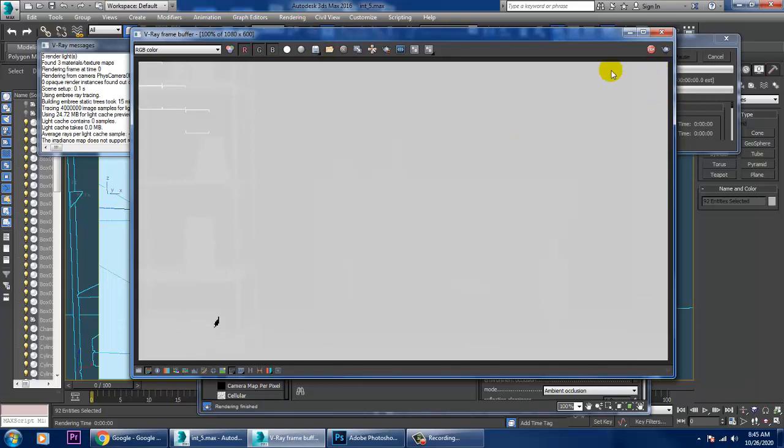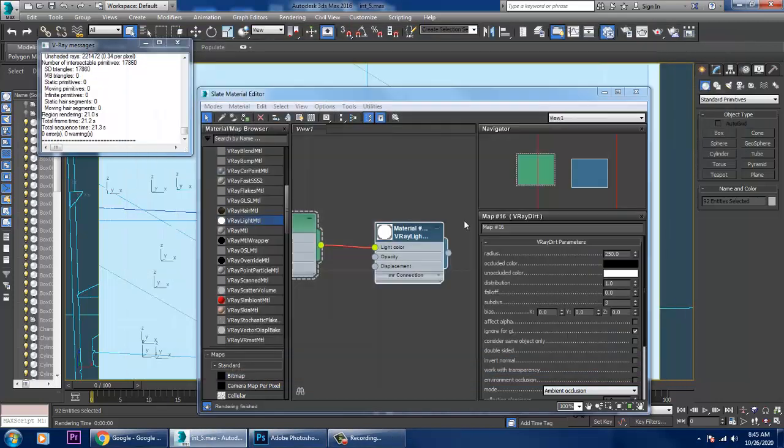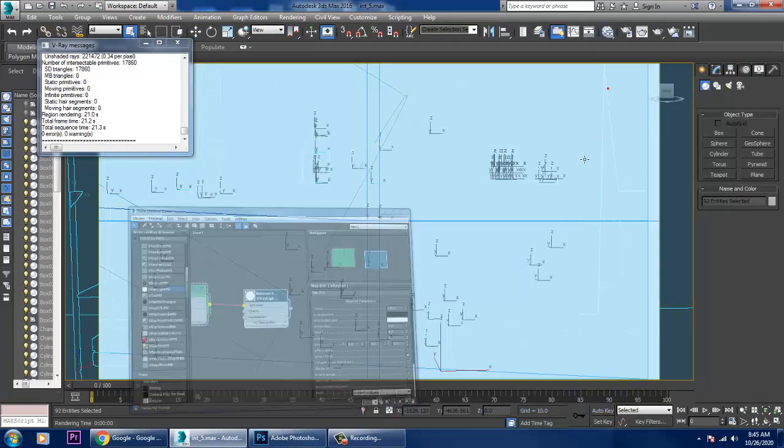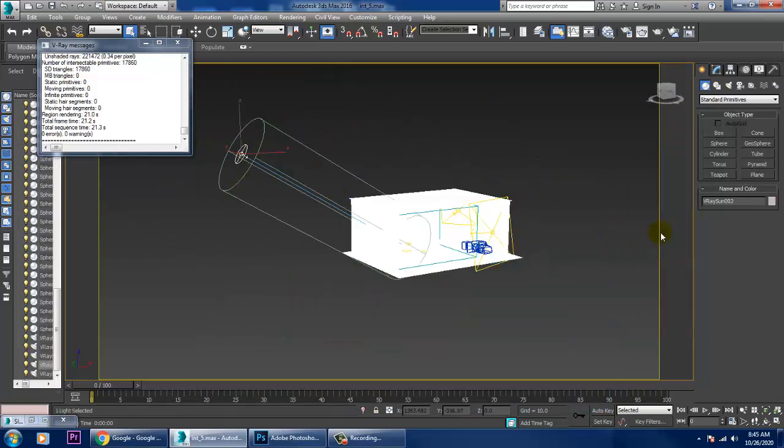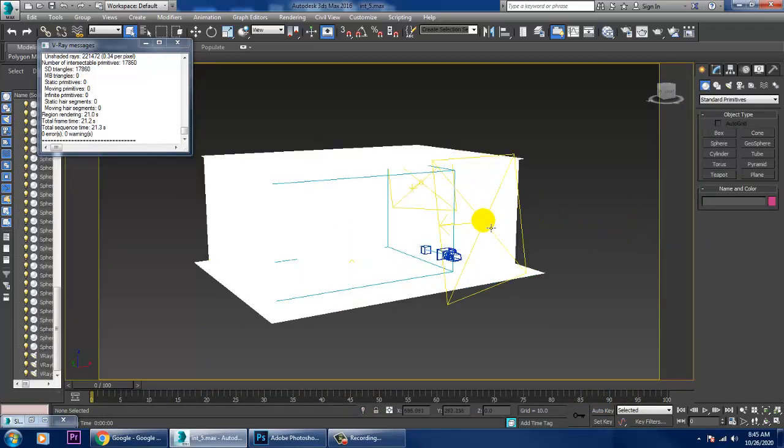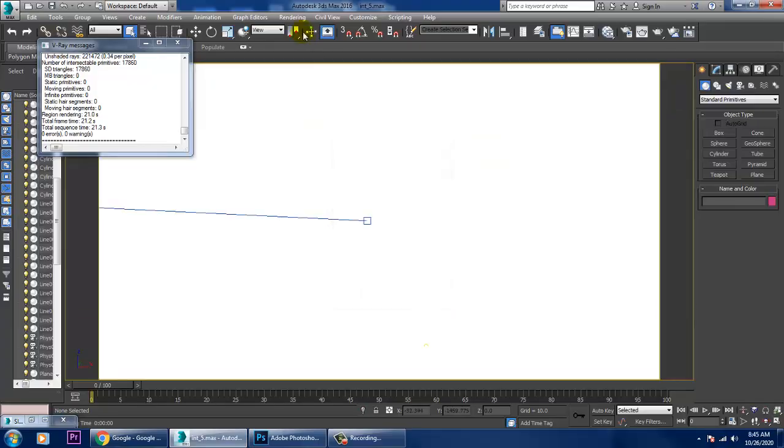Before doing that, what we need to do over here is we'll just delete these lights. So let's again go back to the camera view and just render it.